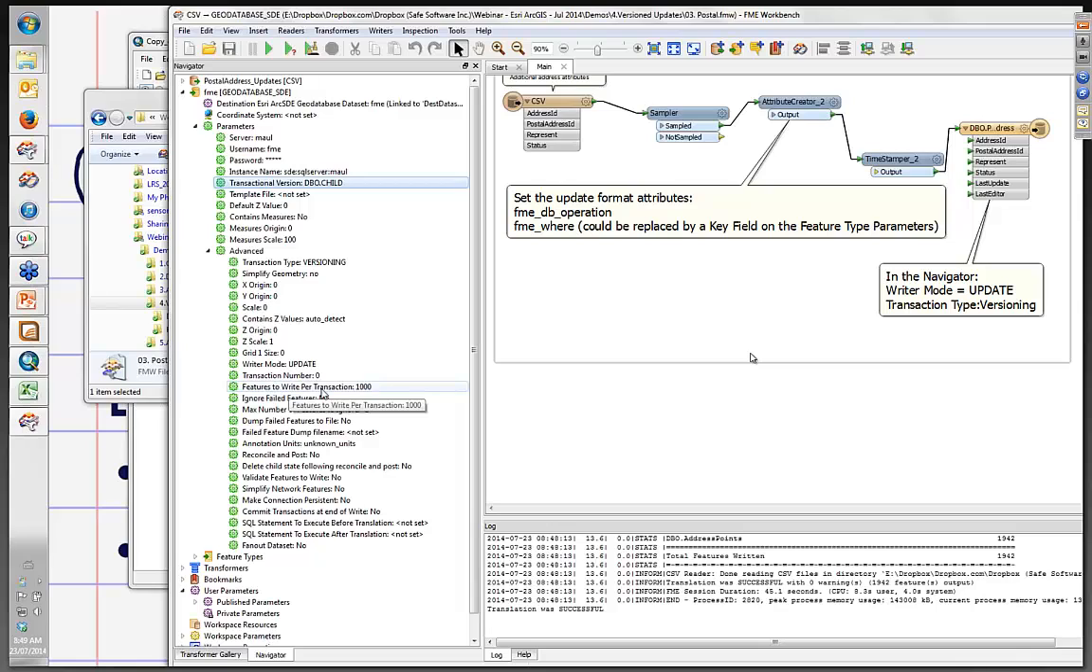You can set it to 1 if you want it to commit that transaction after every write. If you want it to write 1,000 features at a time, that's the default. Or you can set it to write 10 million so that everything gets written as one transaction. So there's a number of different parameters in here that are worth taking a look at if you're working with